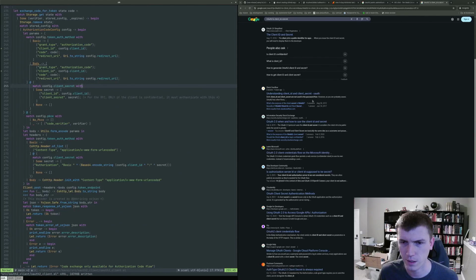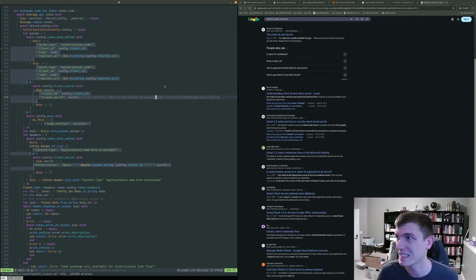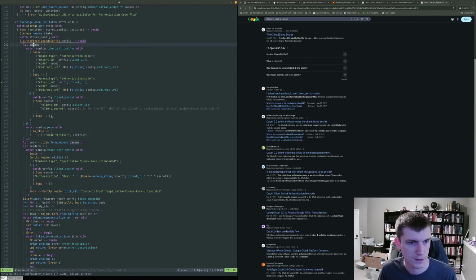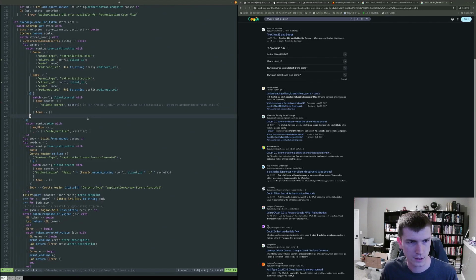Yeah, okay. The OAuth 2 protocol uses the client ID and secret. It considers the client ID to be public. All right, so client ID is a public data point. If client ID is a public data point, then we can put it in the body. And no one can tell us not to. All right, this solves our problem, I think. So we're putting client ID in no matter what. This is the body, this is params, this is the body. So always putting the client ID in, maybe including a client secret.